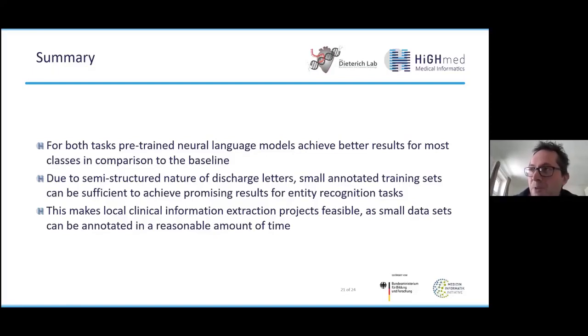They can be written a bit differently and can be differently positioned, but somehow there is some semi-structure in it because the physicians are working with kind of a copy and paste workflow very often. So of course our models are using this kind of structure already to remember basic contexts.